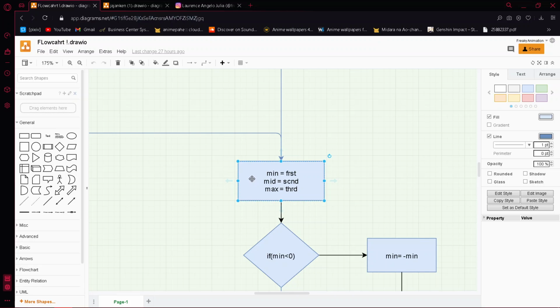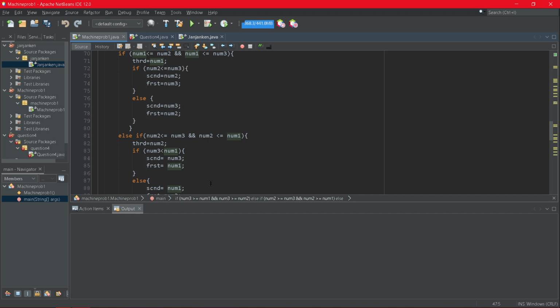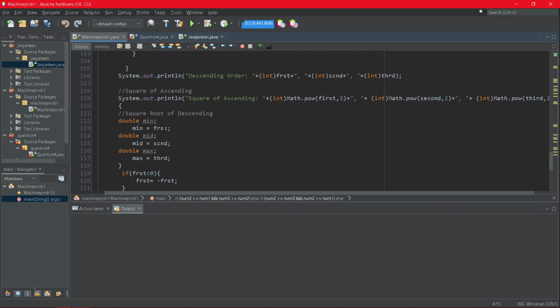Now, in the flowchart, we will proceed to the square root of descending.